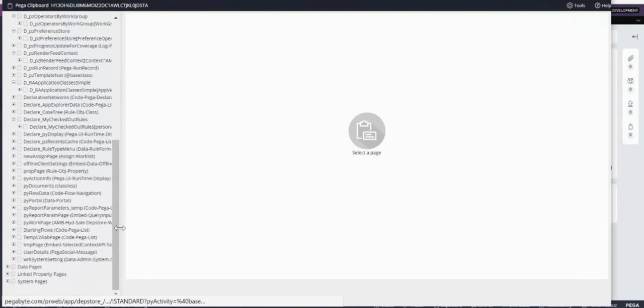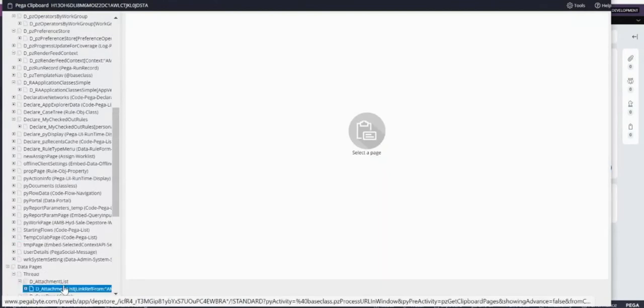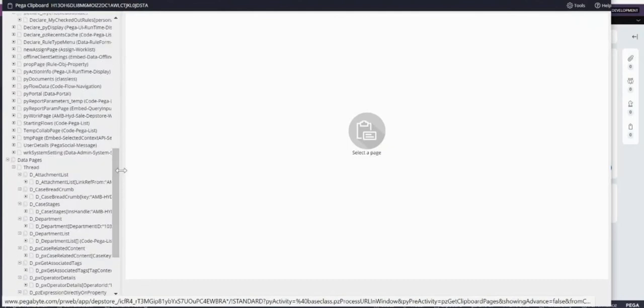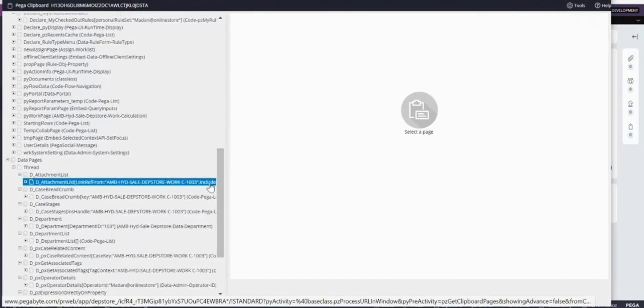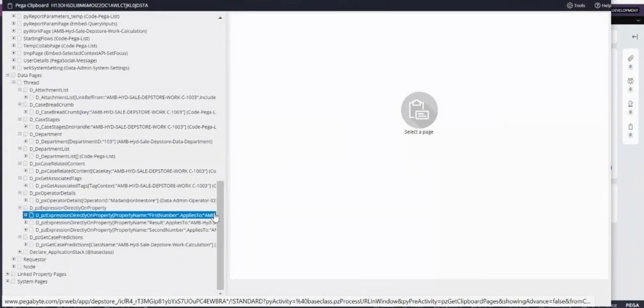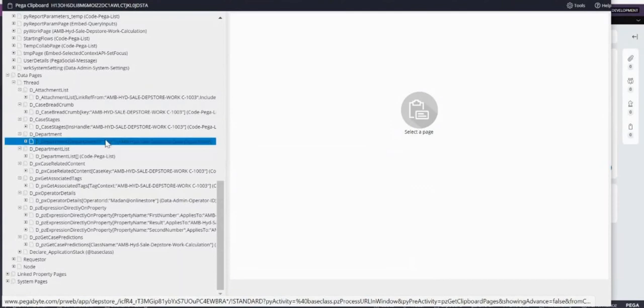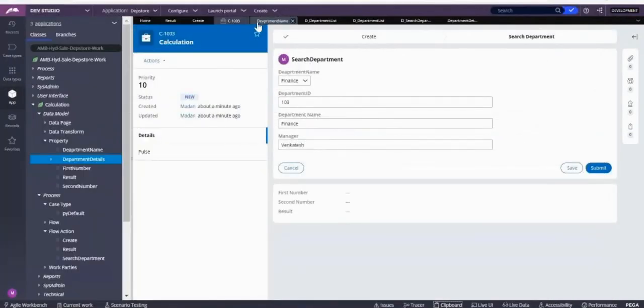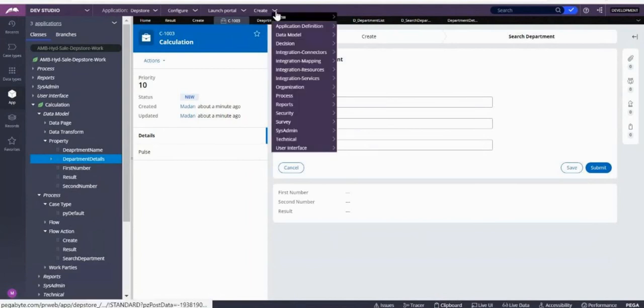Just go to clipboard, go to data pages, go to thread. I think it didn't refresh, so let me create a case.